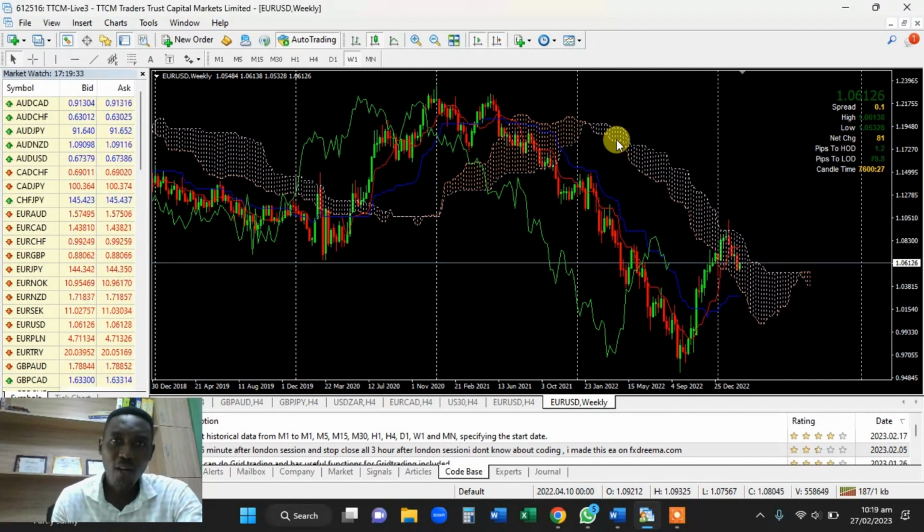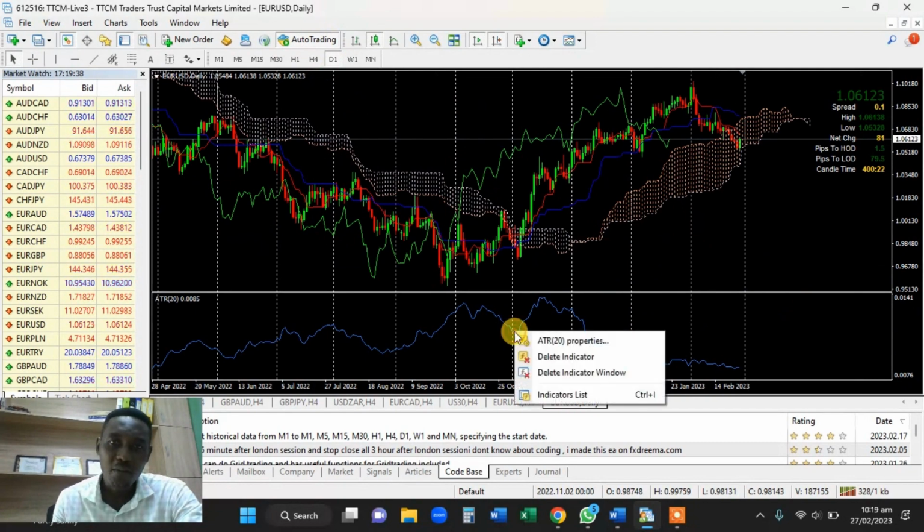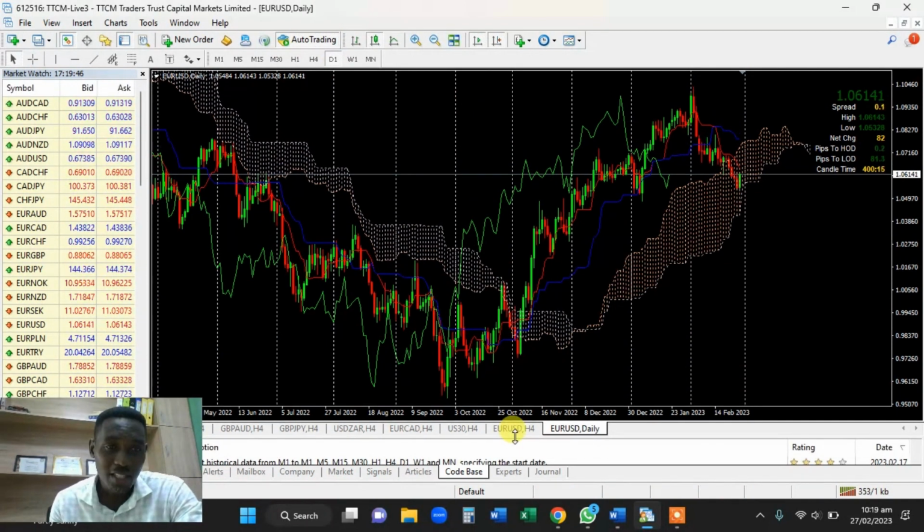So if you are new to this method, this will be challenging, this will be confusing. If you just started using the method, it will overwhelm you. If today is your first time looking at the Ichimoku, you will say, what beast is this? But you see, it is simple. I had one expert saying that if you know what you're doing, it's simple. But if you don't know what you are doing, it becomes complicated, confusing, and daunting. But over the course of this video, you will begin to understand what it does.